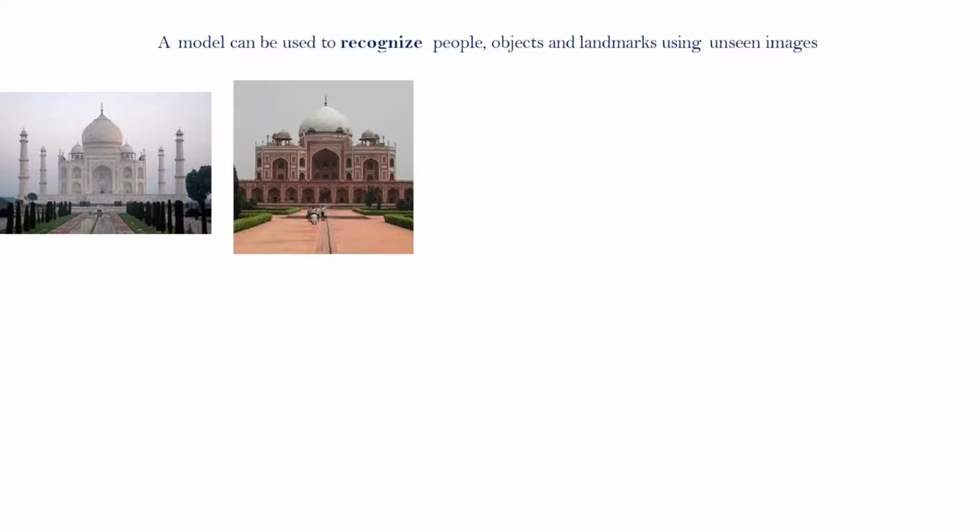So here the actual stuff comes. Some people know what the Taj Mahal is, but they don't know what Humayun's Tomb is. If you show the image of Humayun's Tomb, maybe they can say, okay, maybe earlier it was colored red, later they changed the color to white or something. So an AI model will help here. It will predict and say, using its algorithm, no, it's a different entity. Maybe it can give you the history, some available stuff on the internet and all. So it's about the monument, object, landmark.